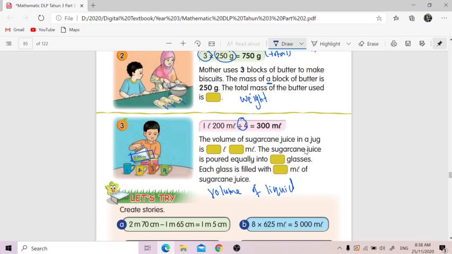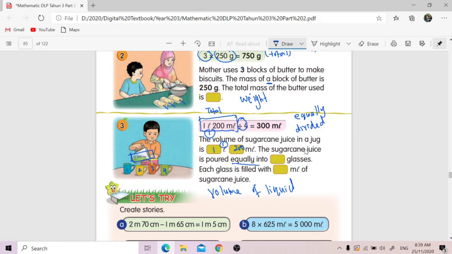Okay, so when they do that, it is a division. So for division, it starts with the total. So this is the total, or the whole amount of volume of liquid in the jug. So the volume of sugar cane juice in a jug is, so this is the total. So mention it first. In your story also you have to mention it first. So 1 liter 200 ml. The sugar cane juice is poured equally. So this is the keyword, equally